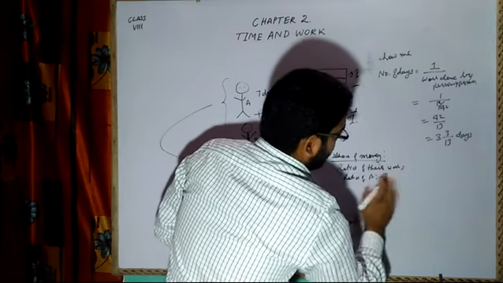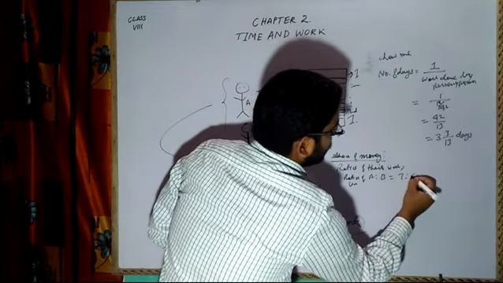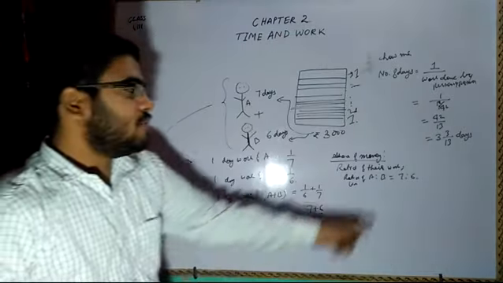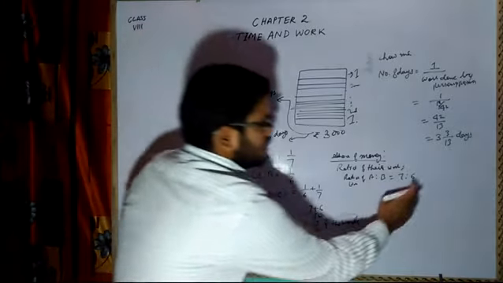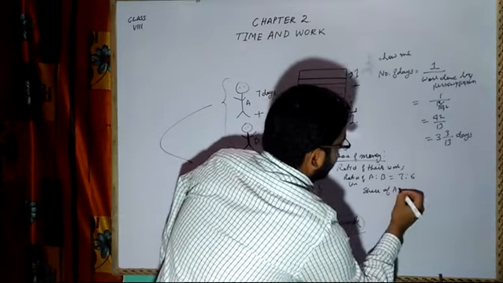Ratio of A to B. Ratio of work of A to B is 7:6. Now the money should also be divided in this particular ratio. So share of A will be equal to